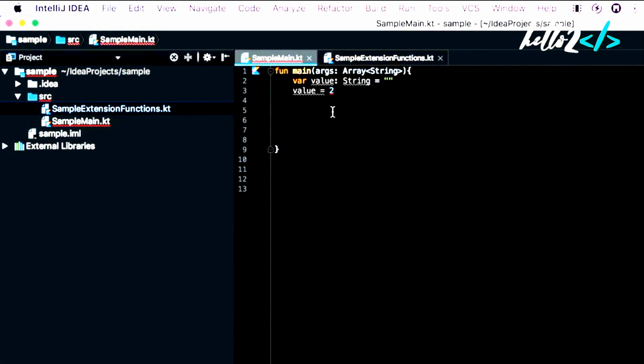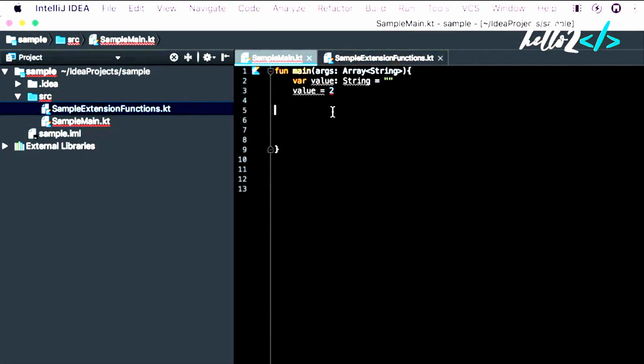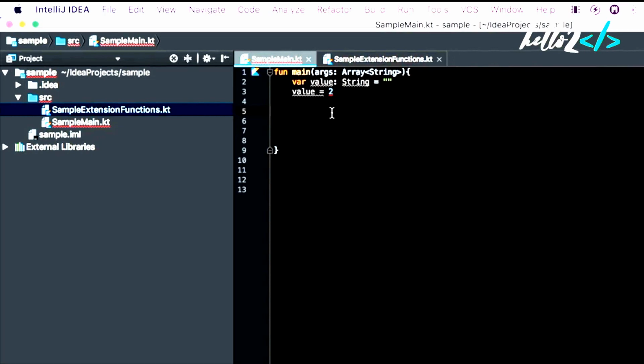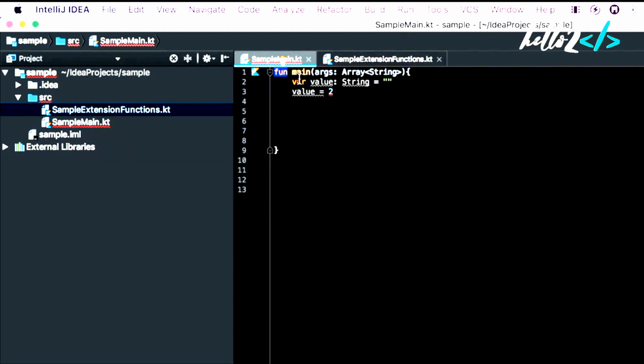Now here, this is IntelliJ IDEA, which you can download from kotlinlang.org free of cost. In here, we can see a function. This is how a function is declared using the fun keyword. The fun keyword denotes a function in Kotlin, and here it's the main function we are declaring, with args. It doesn't take an array. We'll get into each and every aspect of these things later.